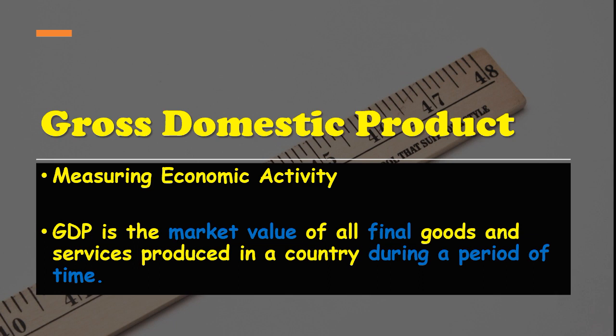All right? So this basic measure we have is called gross domestic product. And the definition is here. And this is one of those things that, you'll be drifting off to sleep some night and you'll jerk up and you go, GDP is the market value of all. GDP is the market value of all final goods and services produced in a country during a period of time.